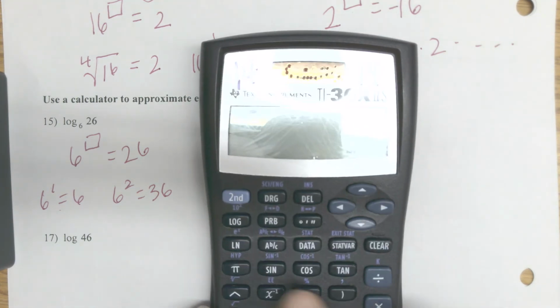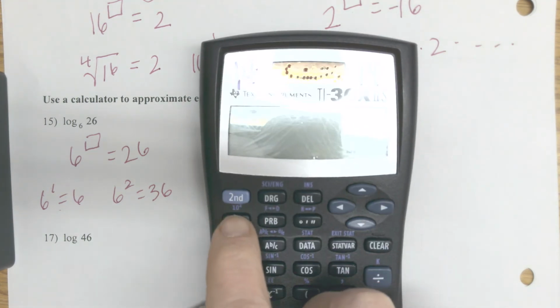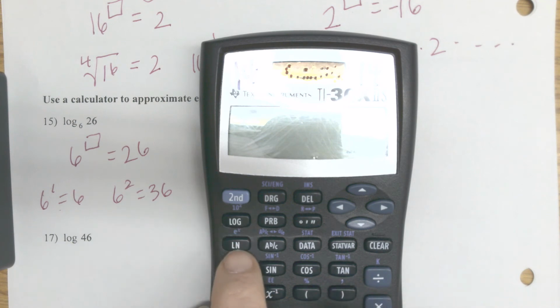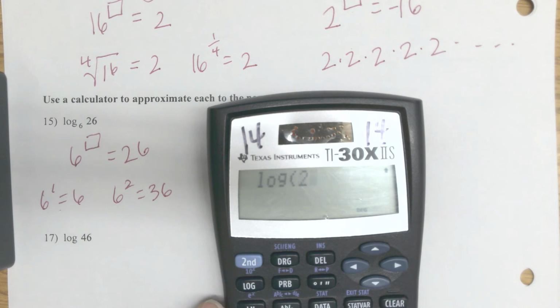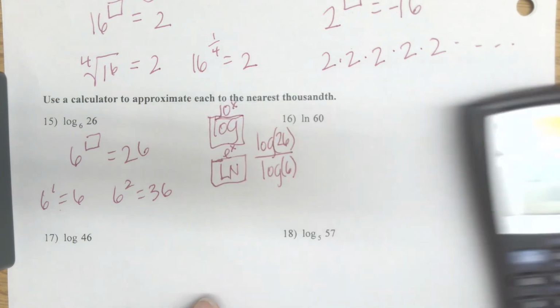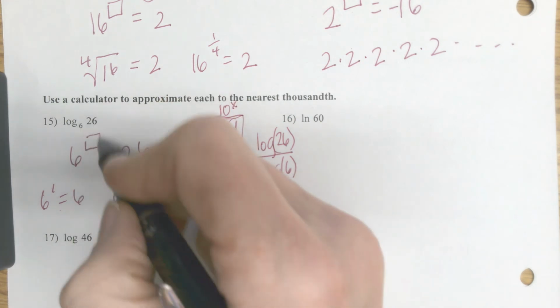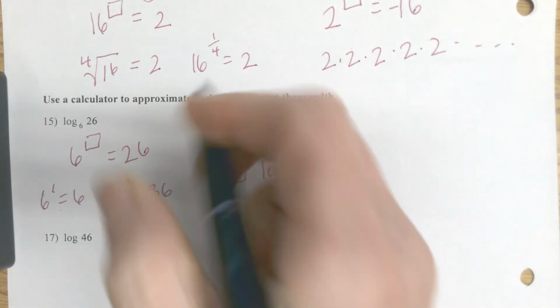on mine, you have log, and raised above it is 10 to the x. ln is the other one that I could use, so I do log of 26 divided by log of 6. Close my parentheses on those, and I get 1.818, which is exactly what I thought. It was going to be something between 1 and 2, and so this is